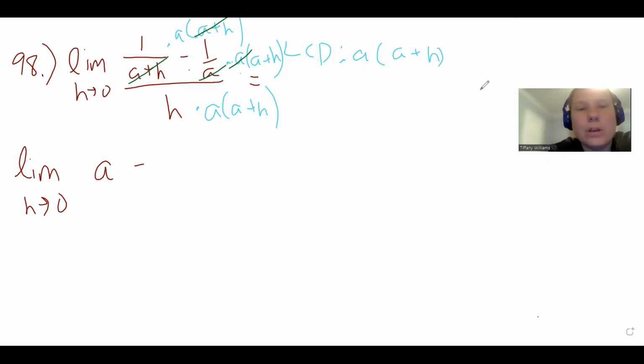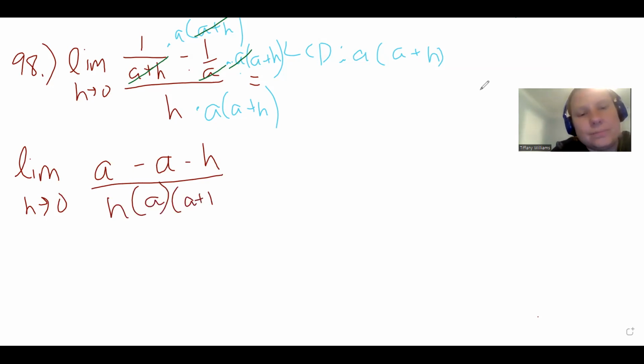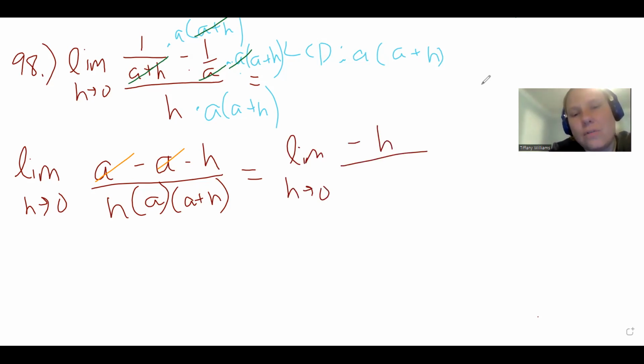So negative 1 times a plus h is going to give me negative a minus h. And then on the bottom, I've got h times a plus h. I'm not actually going to distribute it out. You're going to see why here in just a moment. So now we have the a's canceling out. They're gone. So on the numerator here, I have the limit as h approaches 0 of negative h over h